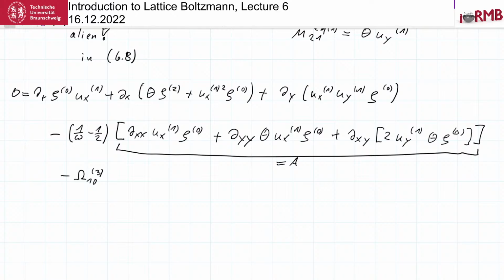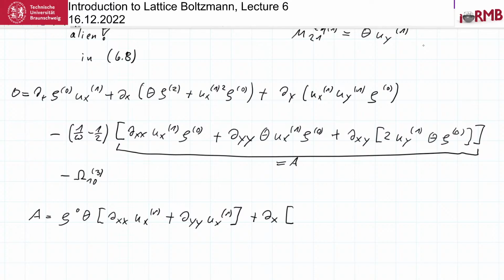And I again rewrite this a little bit as A equal to rho 0 theta. So these are constant. They are taken out. Ux first order plus dyy ux first order. I'm taking these guys out because I know already the Navier-Stokes equation, and I know that these guys here appear in the Navier-Stokes equation. So I isolated them, right? So then what I'm left with is the guys that do not appear in the incompressible Navier-Stokes equation. And these are dx,